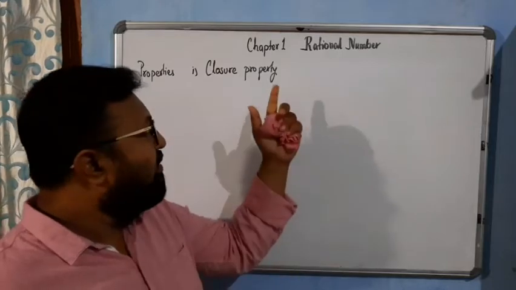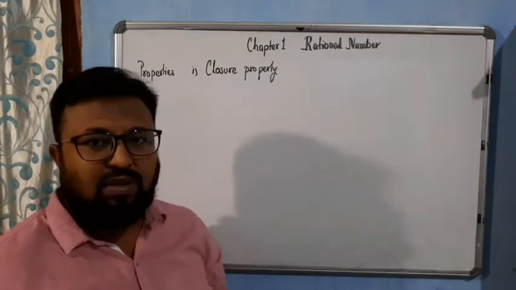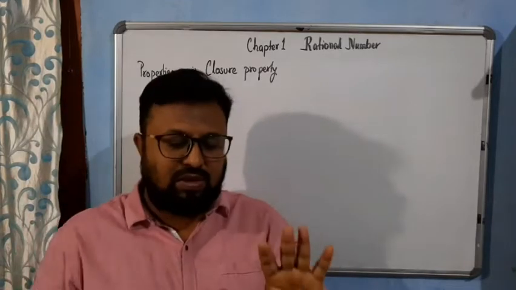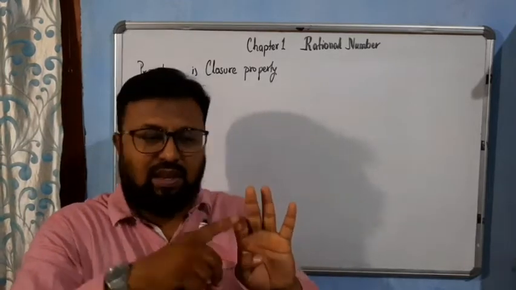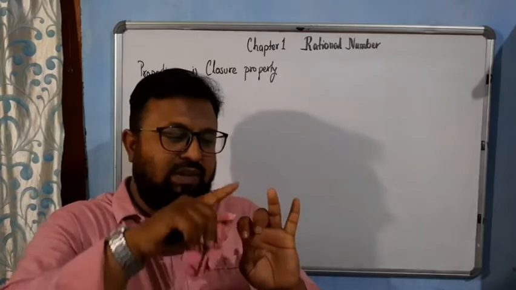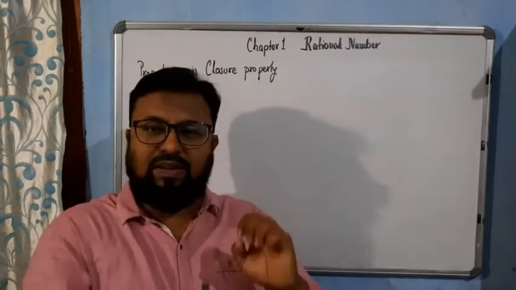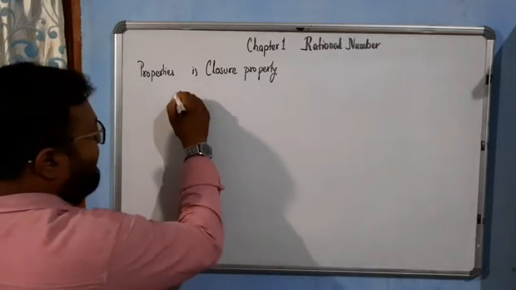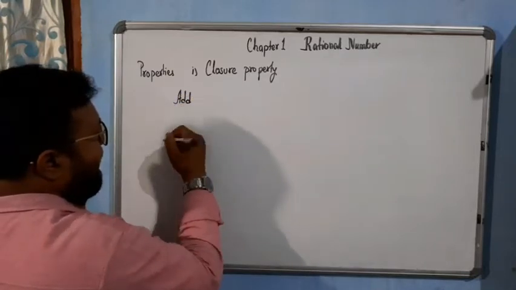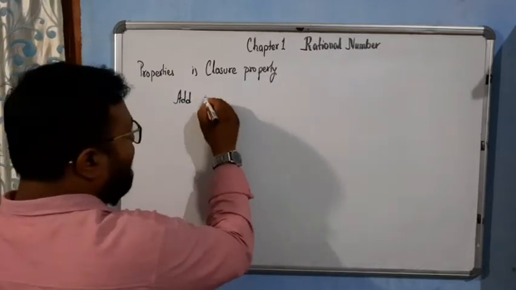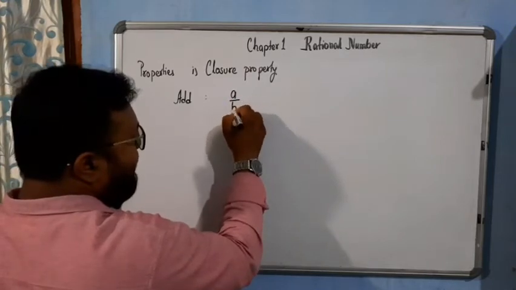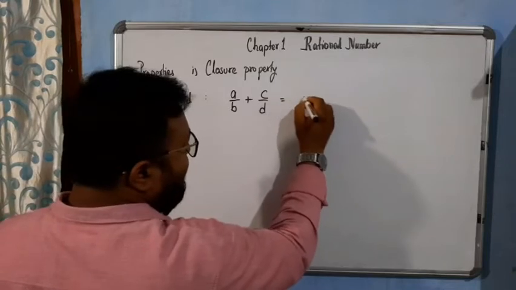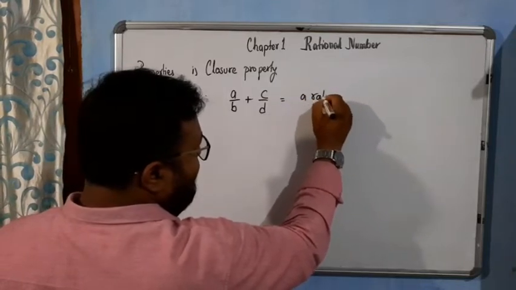Same thing we will deal with the rational numbers. In this closure property, we will go for only 4 operations. First we will check addition, then subtraction, then multiplication, and we will try to check division. So let's take the first example of addition. If we take a by b plus c by d is equal to a rational number,